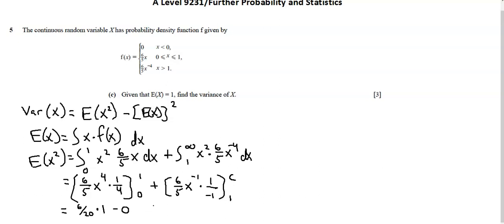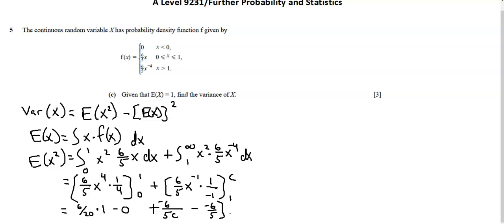For the second integral, I have plus 6 over 5 times c to the power of 1, or 5c, times, actually I'll just make that negative, plus negative 6 over 5c, minus the second term, which simplifies to negative 6